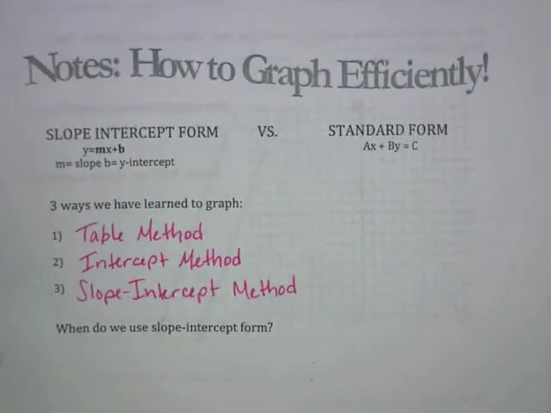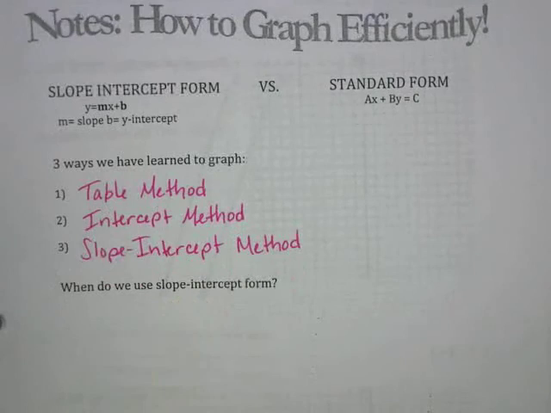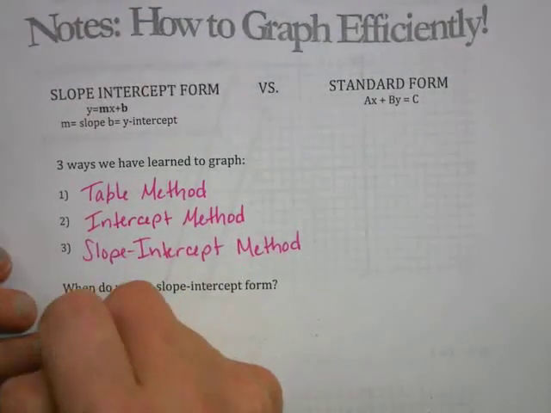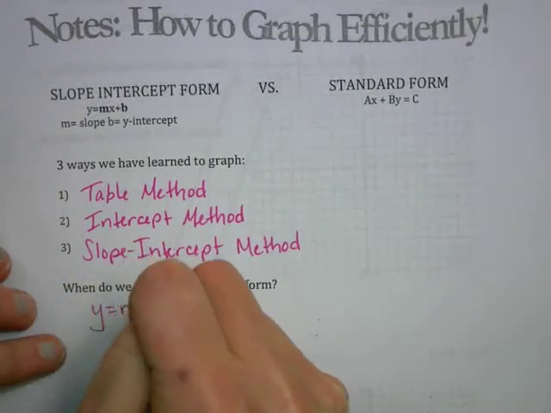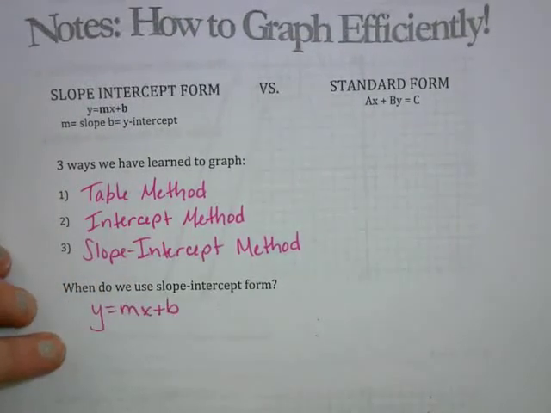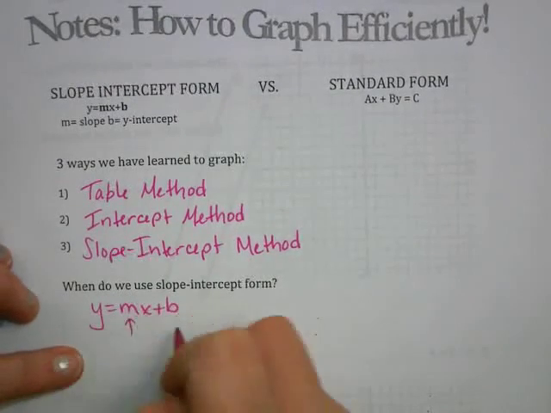All 3 methods produce the same line, and you're going to be doing that here on the assignment for the previous page. So we have to decide when would we use the table method or the slope-intercept method. So it says slope-intercept form here. When would we have to use slope-intercept form? So that method we want to use when the equation is in y equals mx plus b form. If it's already in y equals mx plus b form, all we have to do is identify the m and